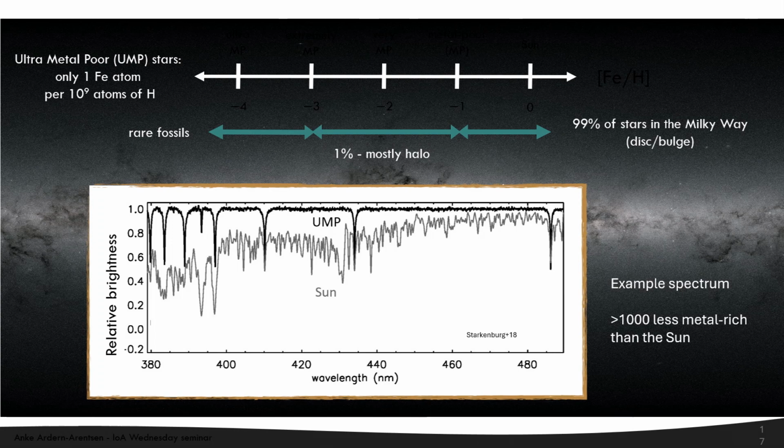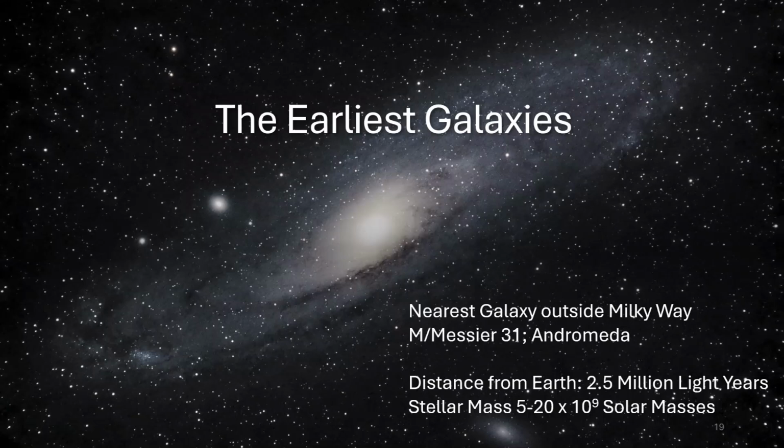And so this is an ultra metal poor star where you're only seeing absorption from hydrogen. So this is what's called the hydrogen beta line, and I think there's a bit of calcium here as well. So even these very metal poor stars have metals in them, okay, which then needs to be understood. Okay, so that's the sort of bit of context in stars.